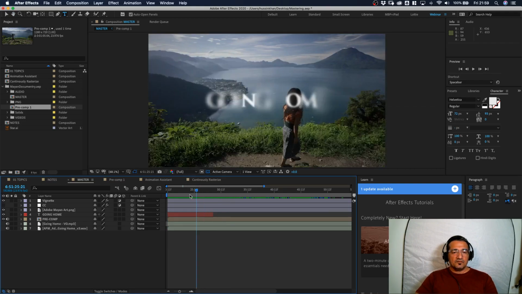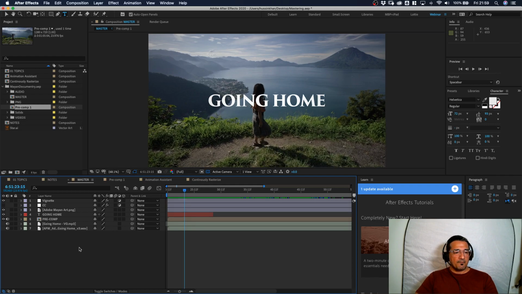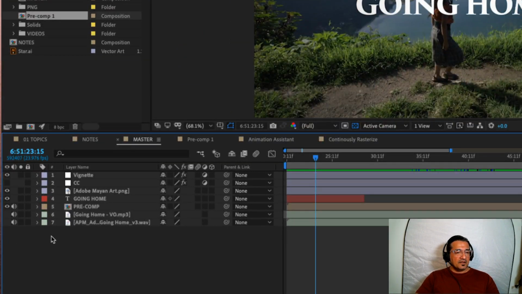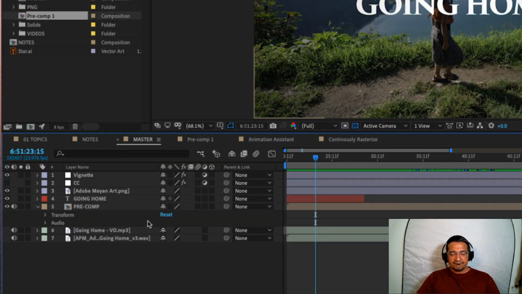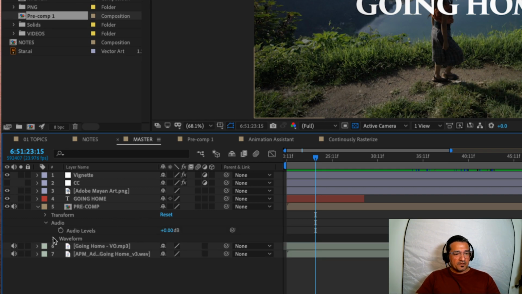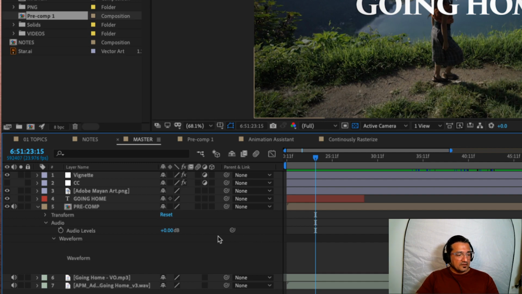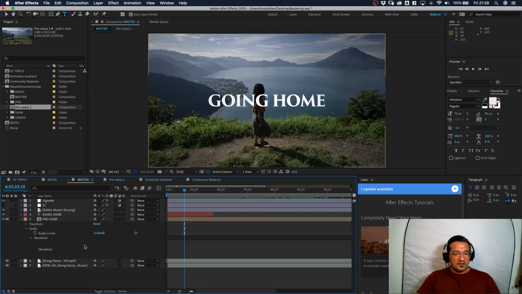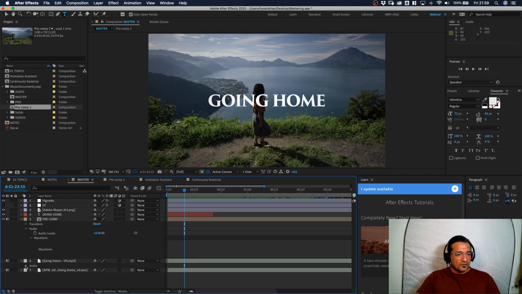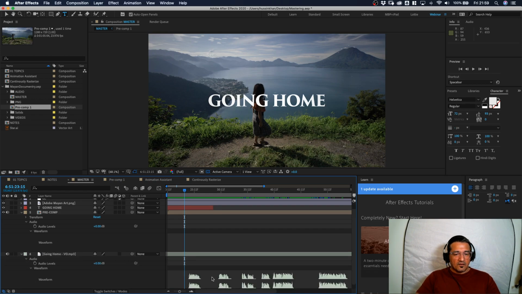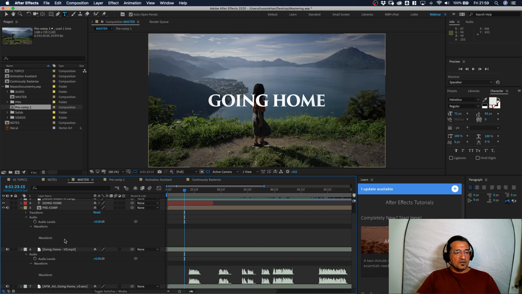Okay, so you can see that there's audio in this comp. And where is the audio? You can see that we have speaker icons at the bottom left of the comp. And sometimes when you open it up, you're not sure, how do I edit this audio? How do I see the audio? And you've got to open up, and then open up, and finally you found the waveform. And you don't even see the waveform. Where is my waveform? You open up again. Where is my audio? Where is my stuff? Open up that again. Oh, now you can see the waveform. So instead of